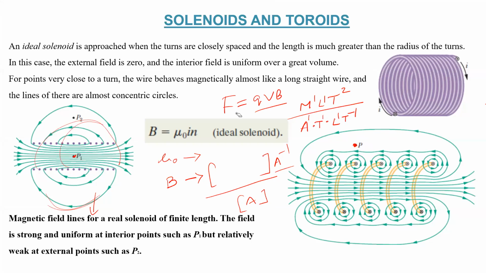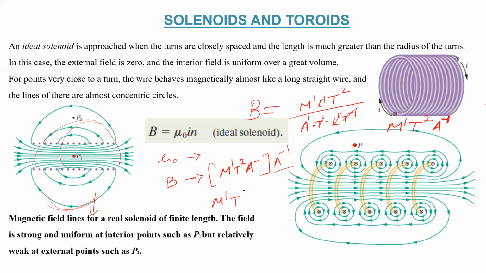So to find the dimension of B, F divided by qv. When we find the dimension of B, the M1 and L1 terms cancel, L1 minus 1 gives 0. The T2 remains, and A minus 1 is already there. So M1 T2 A minus 1 is the dimension of B, and dividing by A again gives A minus 2, so this will be your magnetic